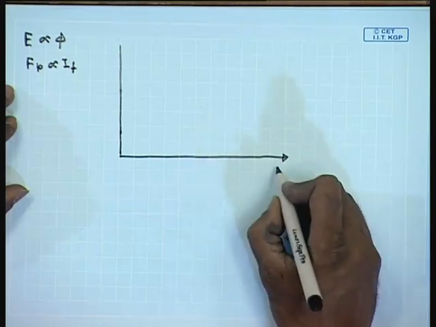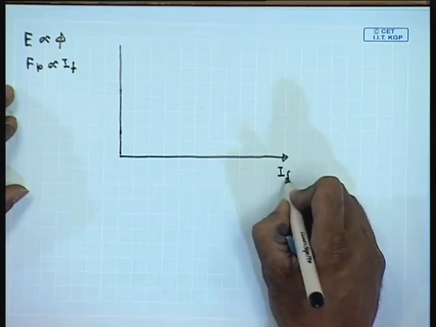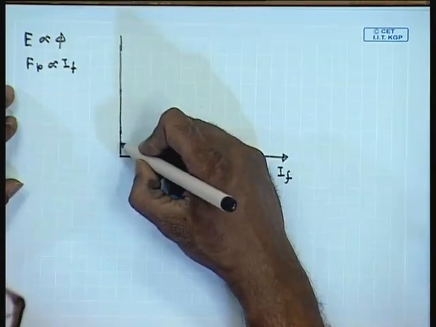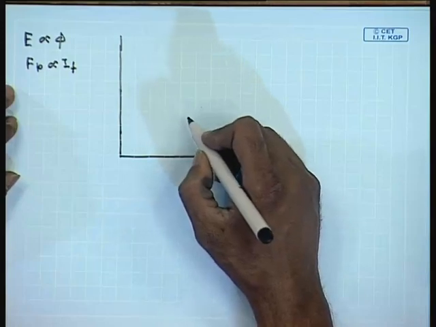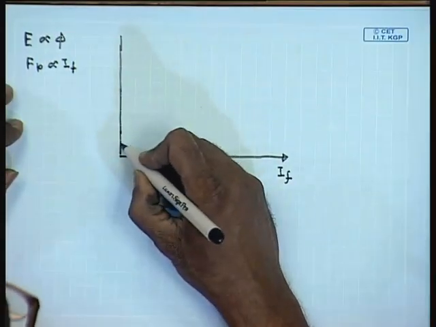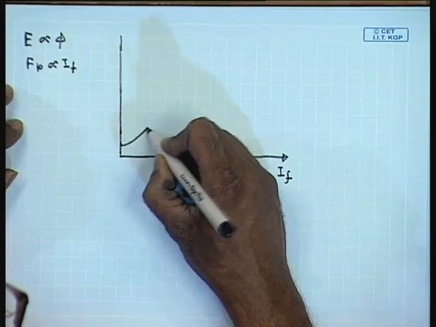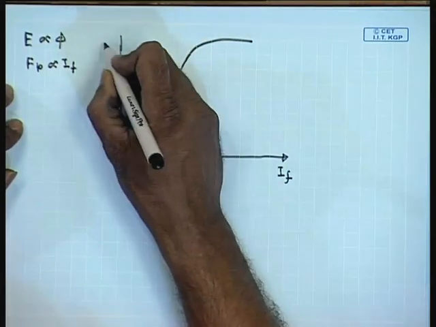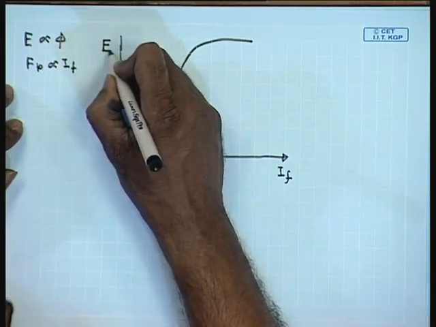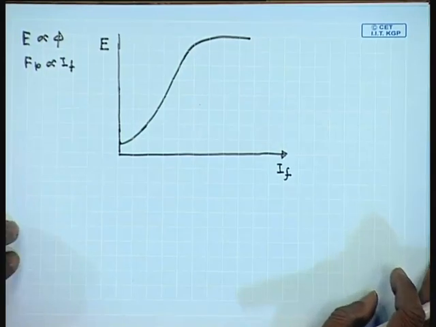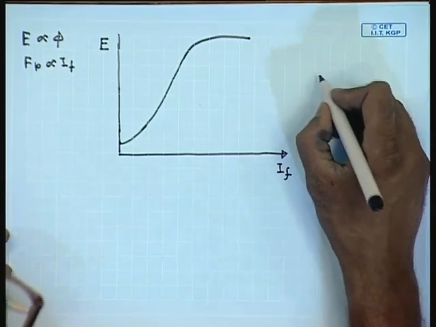It is expected that if the induced voltage of a DC machine is plotted with respect to the field current, it will be similar to the characteristics of phi versus Fp, and operated at constant speed. These characteristics can be experimentally determined for every DC machine and are called the open circuit characteristics,